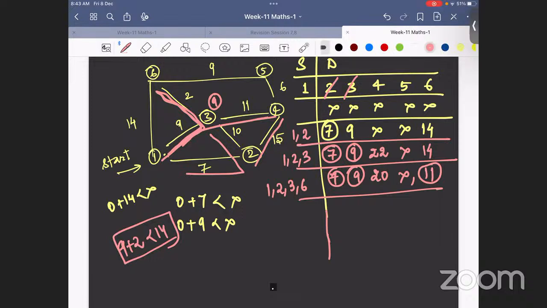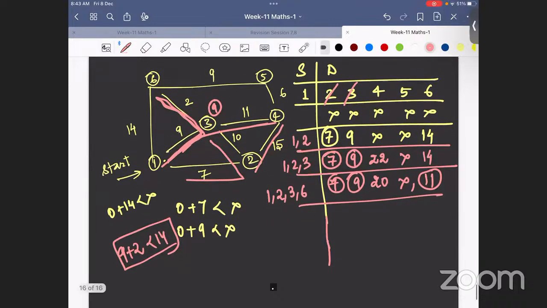Are you able to understand this, or should I repeat it again? No, sir, got it. Can you reach 4 with less weight than 20 with the help of 1, 2, 3, 6? No, sir. You can't reach it, right? So 20 will be as it is. So 7, 9,